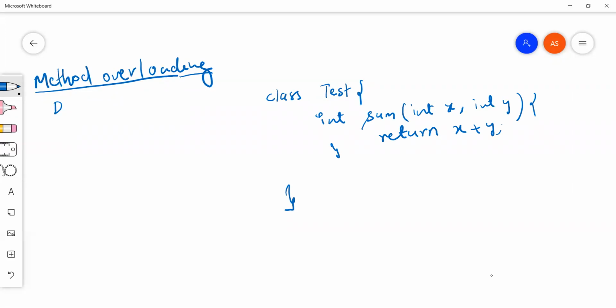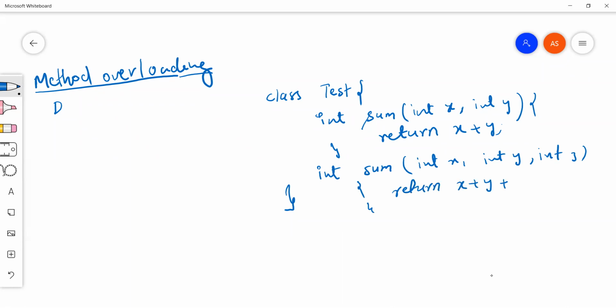And if I declare or define another method with the same name, let me do that as well. int sum, int x, int y, int z, return x plus y plus z.